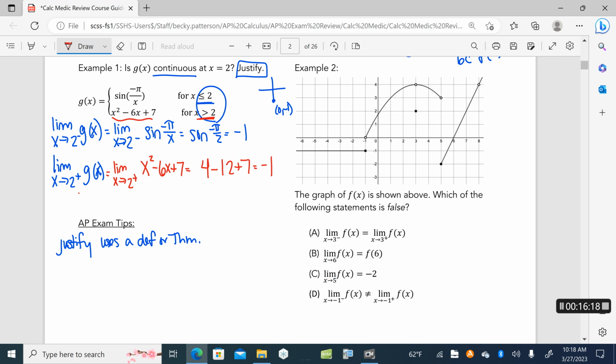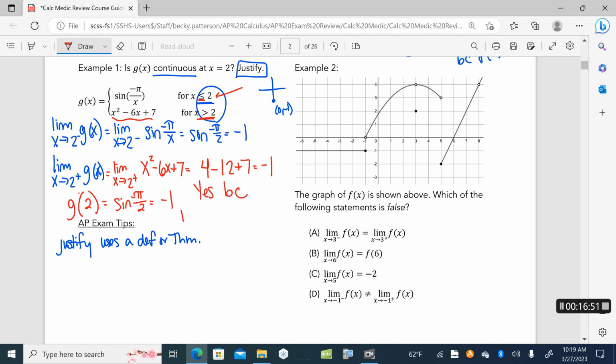So I have proven the first part of my continuity. I know that from both sides we are headed towards a negative 1, but now I just need to make sure that g of 2 gives me a negative 1. Well, to evaluate g of 2, I'm going to go into the top function because that has the equal to underneath it. So I'm going to do sine of negative pi over 2, and that's going to give me the negative 1. So I'm going to say yes